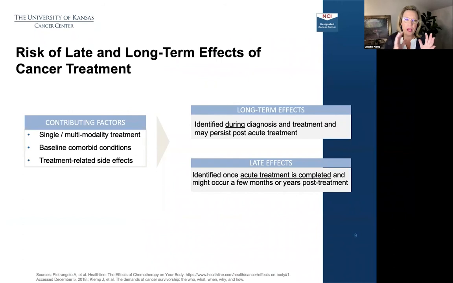And as we're thinking about those contributing factors, we need to think about it from two buckets. Is this an issue that happens during treatment and will persist, like cognitive impairment, fatigue? There are a variety of things that happen during the treatment phase. Some can persist and some will resolve. And then we have the late effects bucket. What are things we need to be educating and empowering patients to pay attention to, and collaborating providers, that can happen 6 months, 5 years, 20 years down the road?